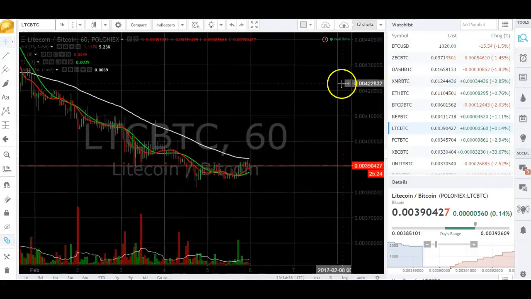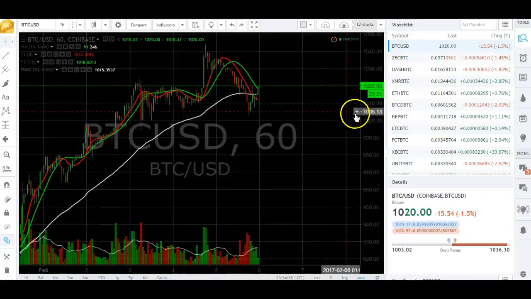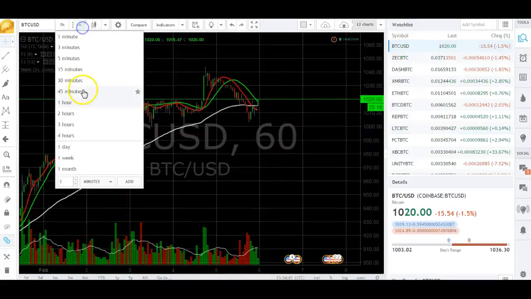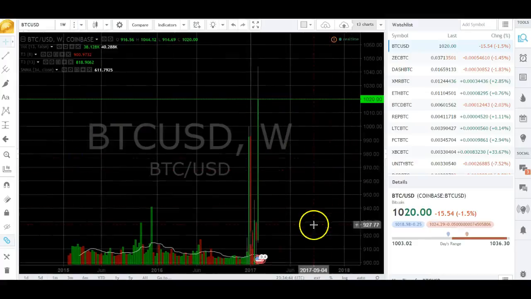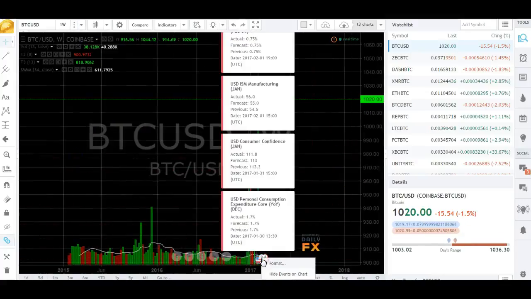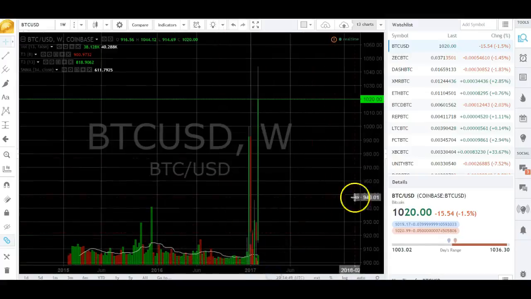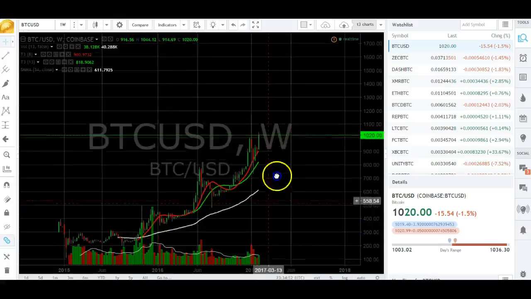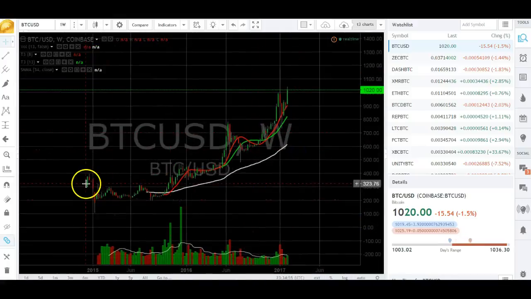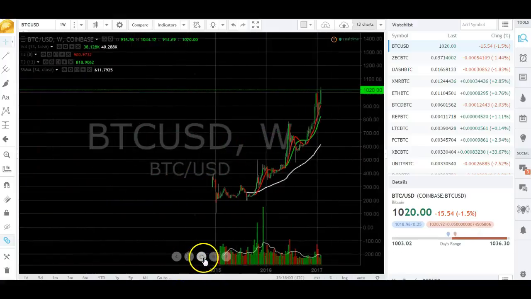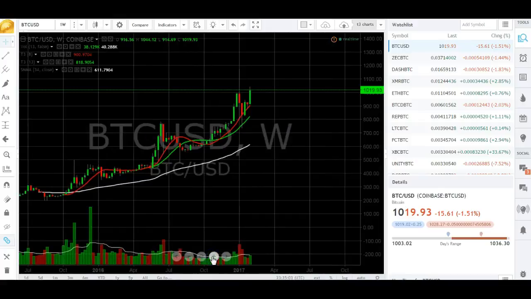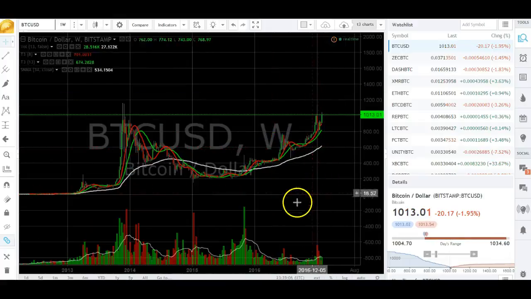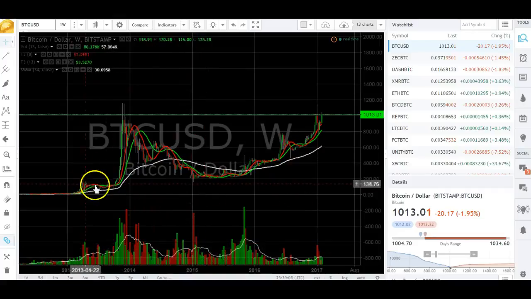So what I'm going to do is basically start with Bitcoin. This is a 60-minute chart. Let's go for a longer term. Let's hide all that. For a weekly basis, I might have the wrong layout here. Hang on a second. I need a longer term here. Alright, so I found a better chart with longer term